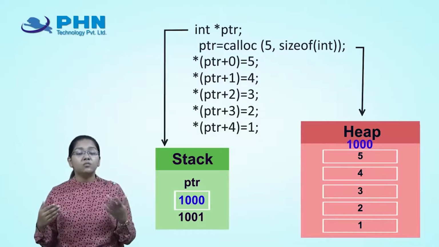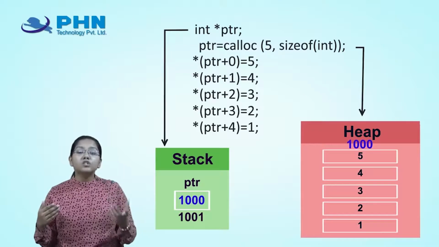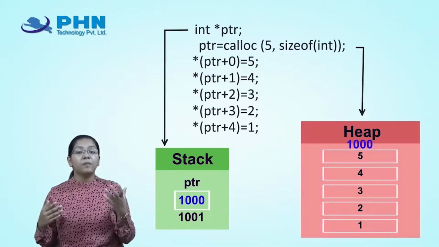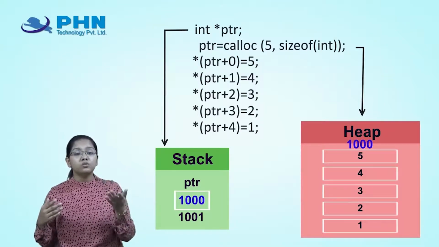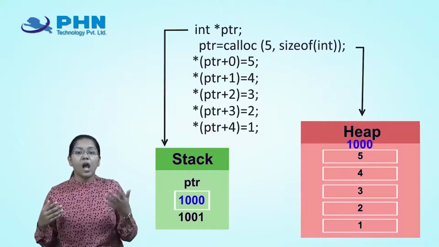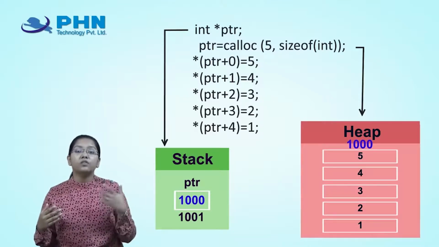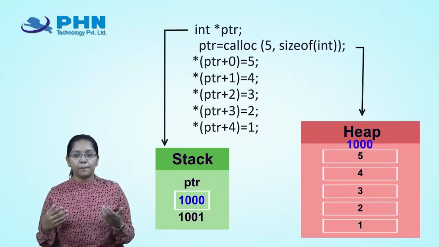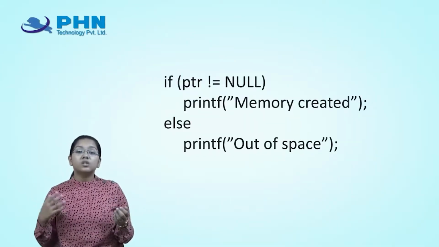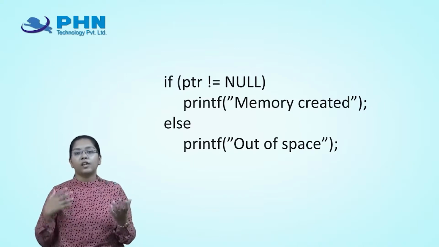And hence while working with malloc and calloc, first you have to check that you are not out of space, that the memory you are going to store the value in is free or not. Every time you have to give a null check over there. Then and only then can you assign the value, right? So this was all about your malloc and calloc.